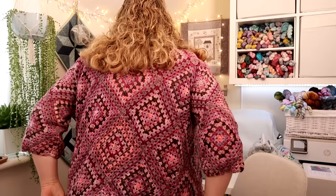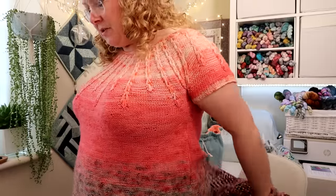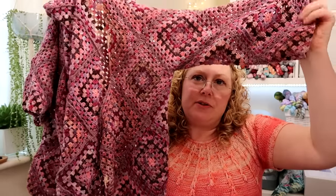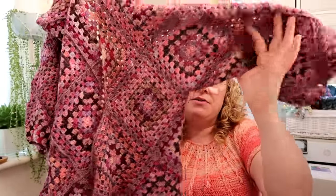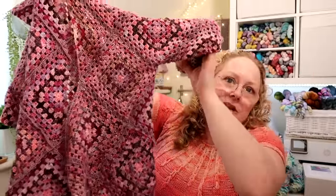It is very pretty. I have used scraps of leftover yarn for this one. Obviously it needs to have the neckband and bottom band and cuffs on. I did make a few changes on this one. I made the sleeves a little bit shorter. I followed the instructions by a lady called Sarah on Ravelry, where she took the sleeve in a little bit. The original pattern was like a bat wing sleeve, but I omitted one of the squares